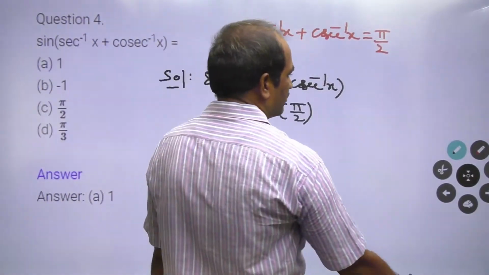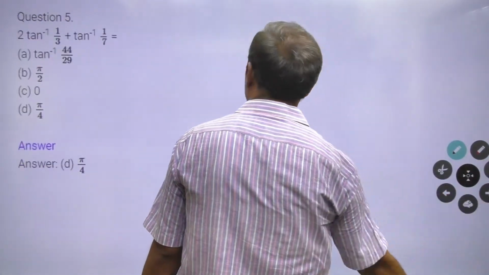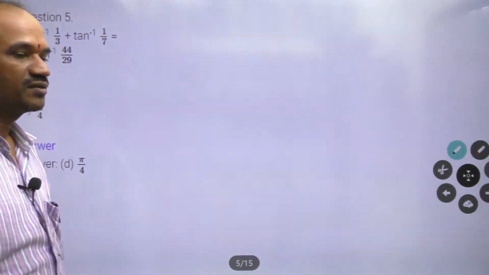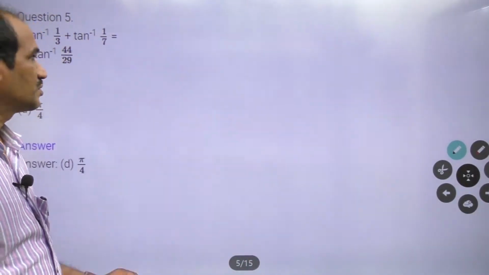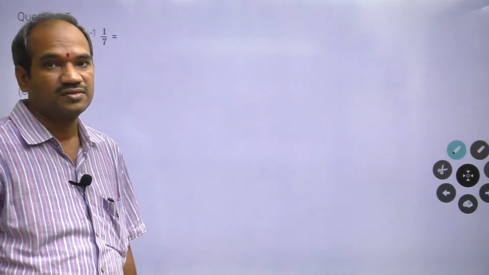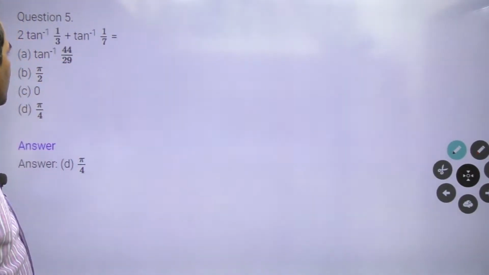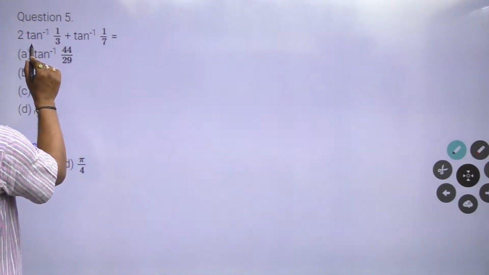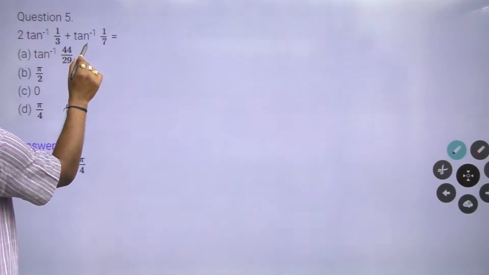Alright, next problem. In this next question, theory is also important. This is a 3 marks question, so theory is also important. In this problem: 2 tan inverse 1 by 3 plus tan inverse of 1 by 7 is equal to...